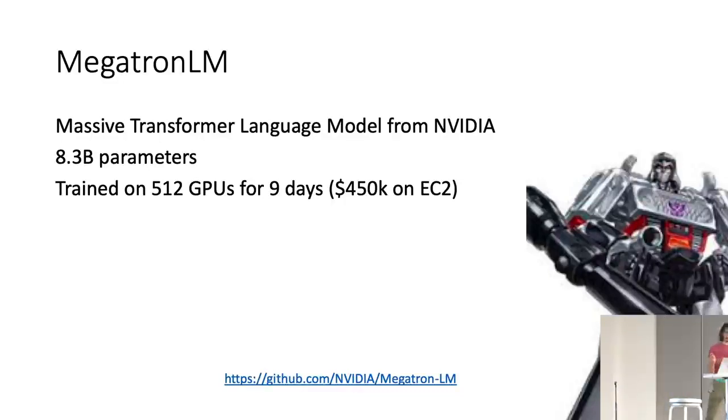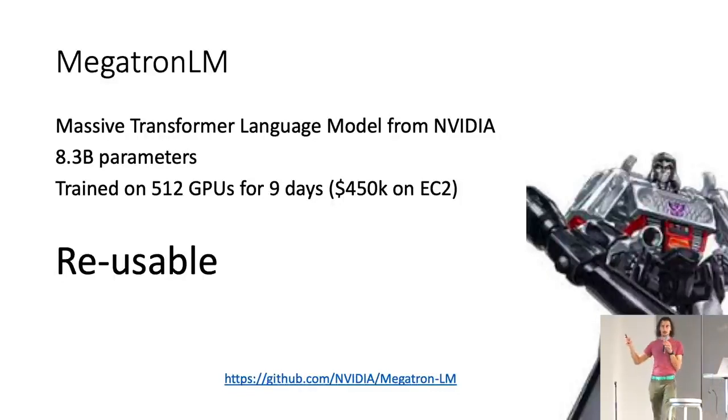And I've heard a lot of people complaining about how much greenhouse gas comes from training a model like Megatron. And I think that's totally the wrong way of looking at this, because they only need to do this once in the history of the world, and everybody in this room can do it without having to burn those GPUs again. Right? These things are reusable and fine-tunable. I don't think they've actually released this yet, but they might, and somebody else will, right? So you don't need to do that expensive work over and over again.